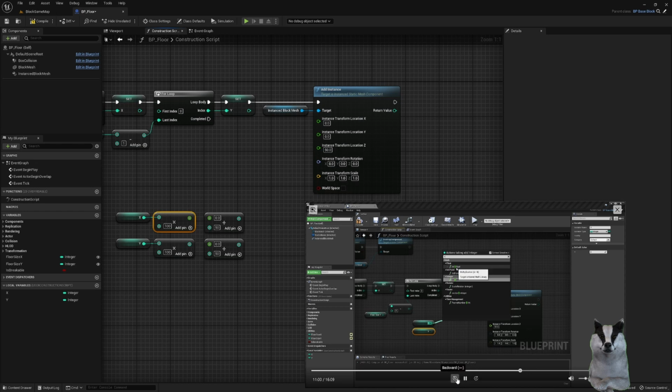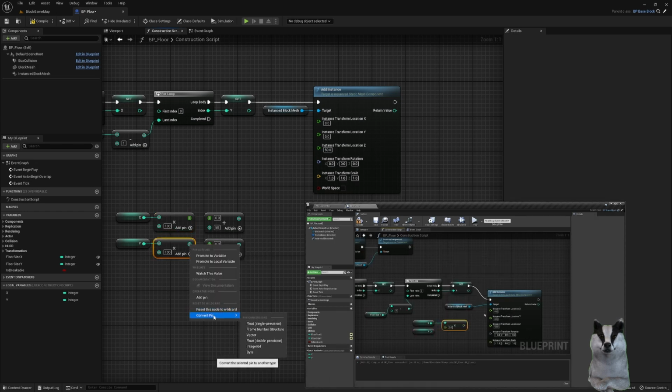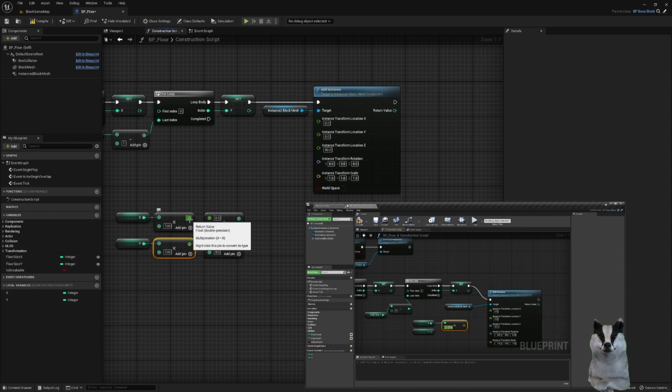We're going to use int times X, type in a multiplication, and we're going to use int times float because the instance transform location is a float. This will convert the integer X to a float when we multiply it by a float, which is going to be 100. Duplicate this node,